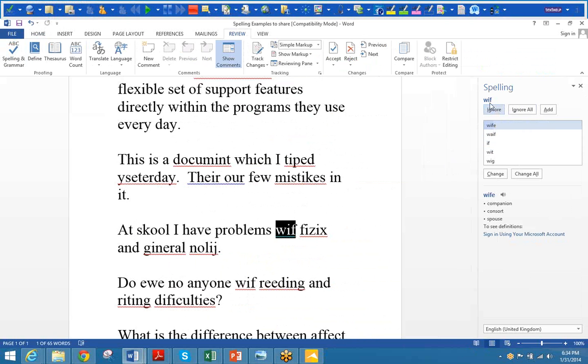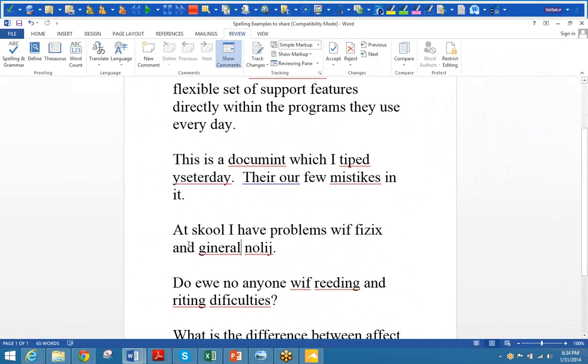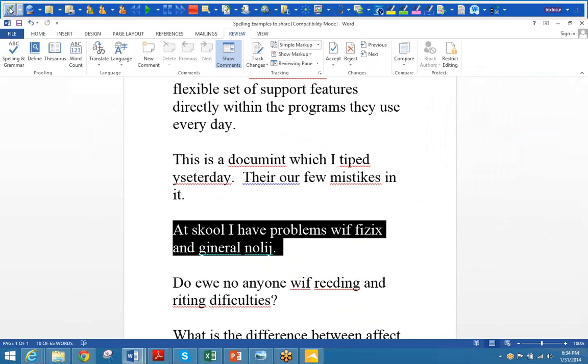With, it's not going to find with. Physics, it's looking for words that start with an F, but it's not going to find that. General, so it's about 50-50 whether it actually caught the spelling errors that we needed to find. So let's go ahead and see what happens if we do the same thing with the phonetic spell check in